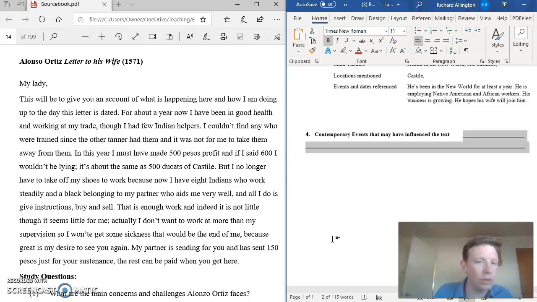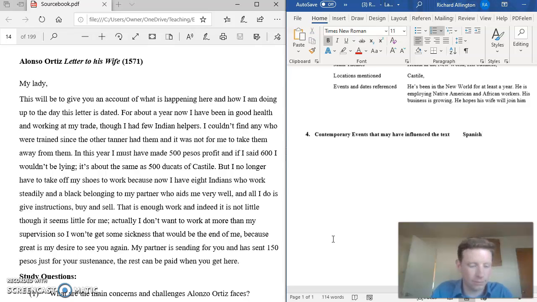And we know that there is a decimation of the Native American population that's taking place. And that might explain why he has trouble finding what he refers to as Indian helpers, and how you start to see the emergence of what he refers to as black helpers. So I think the contemporary events that are influencing this text are Spanish settlement